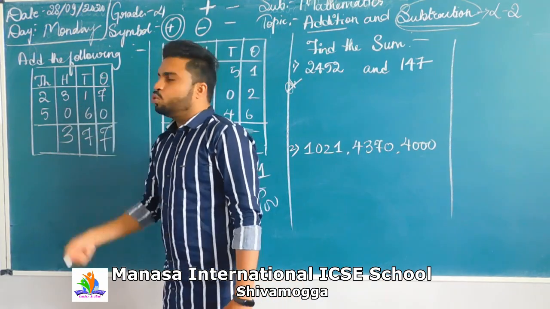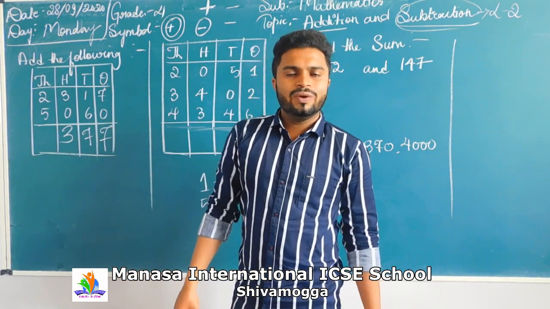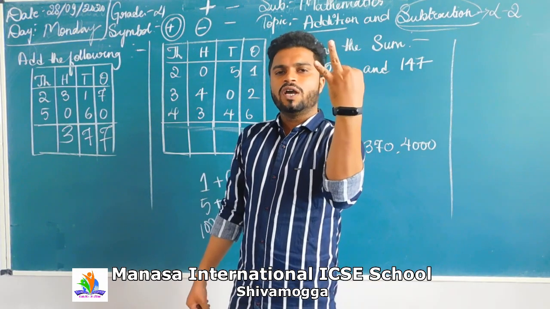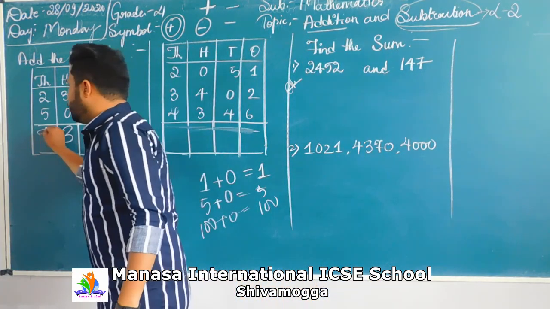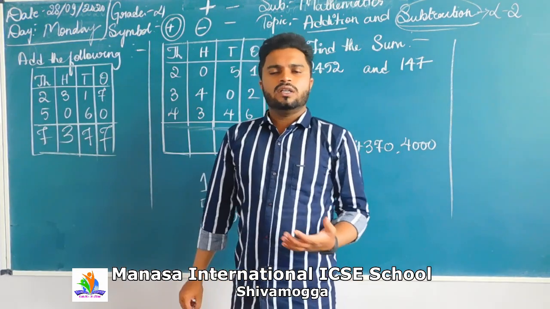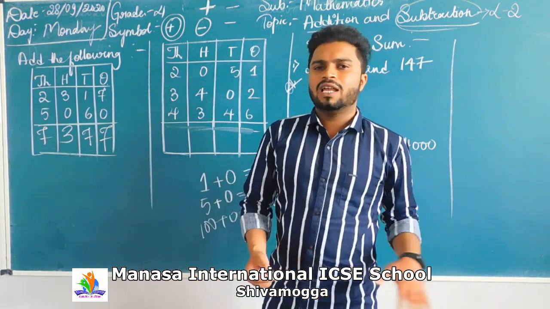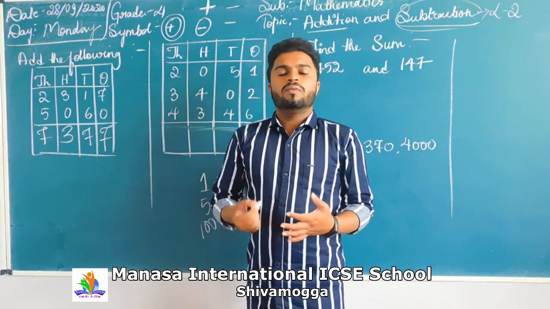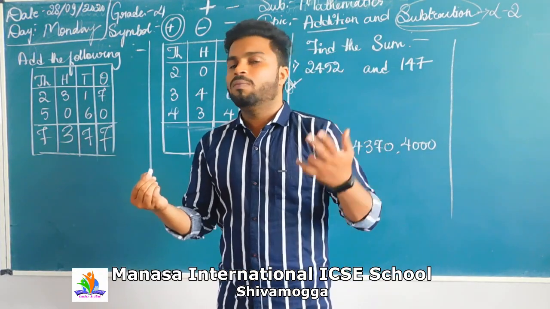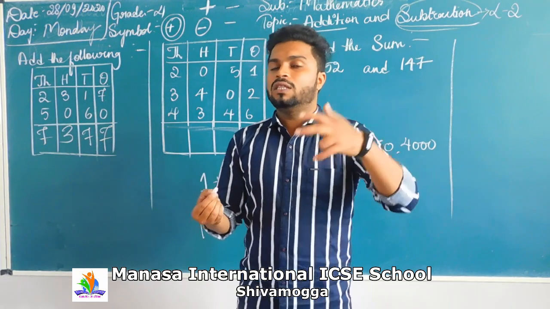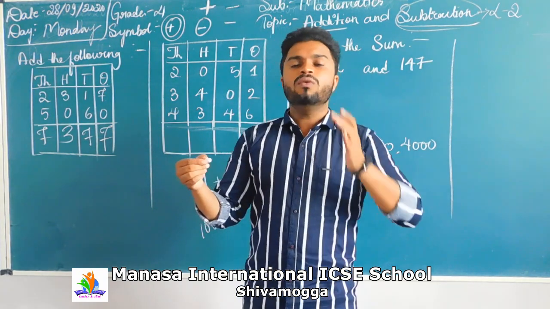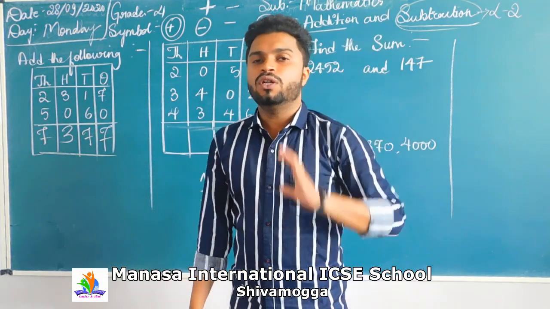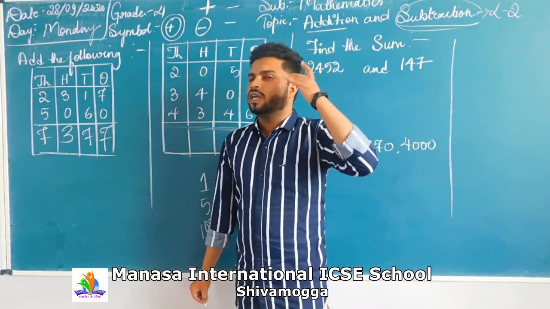Now again I have 2 and 5. 2 in the mind, 5 in the finger. After 2, 3, 4, 5, 6, 7. This method you have been doing in your previous classes. Now you are in the condition that by looking at the numbers you can tell what is 4 plus 5, what is 2 plus 3, like that. You have to build your ability so that by looking at the numbers you say the answer directly instead of counting in the mind.